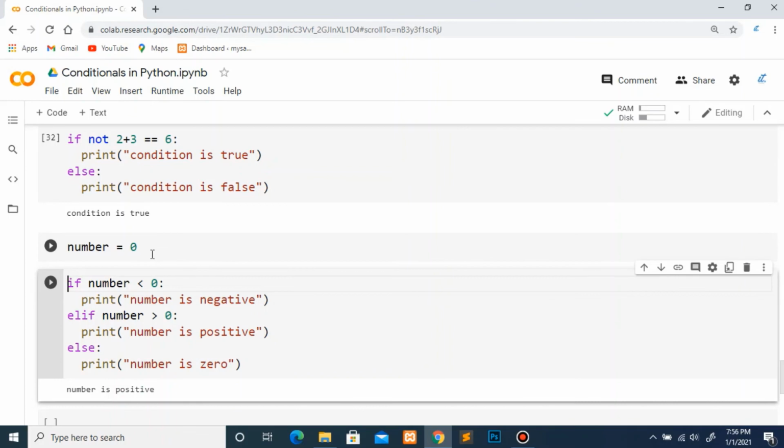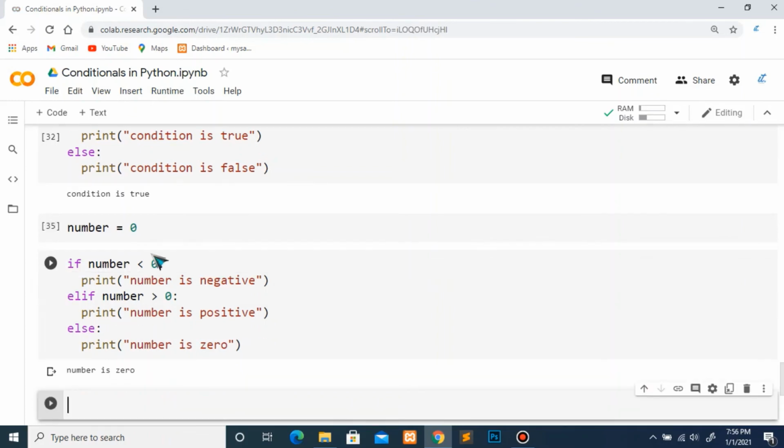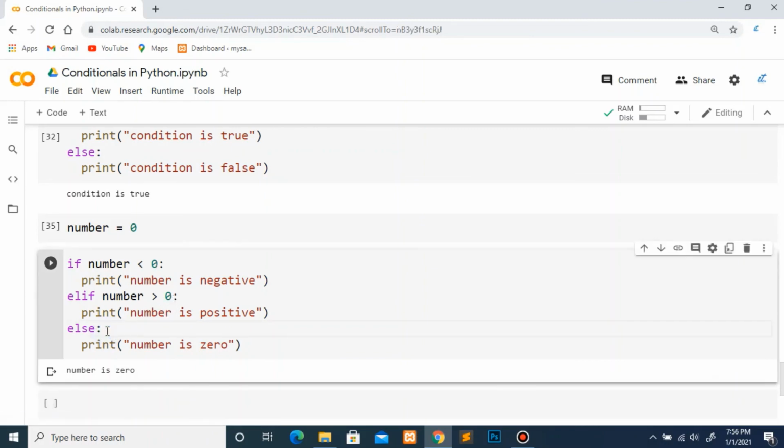Now you will get number is 0, because number is not less than 0, number is not greater than 0, so it will move to this last part and say number is equal to 0. So this is the way when you have multiple options to check, you will use the elif statement. You can use as many elif statements as you want, but here I only need one, that's why I have used only one elif.